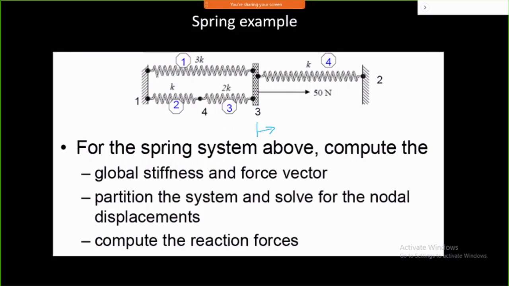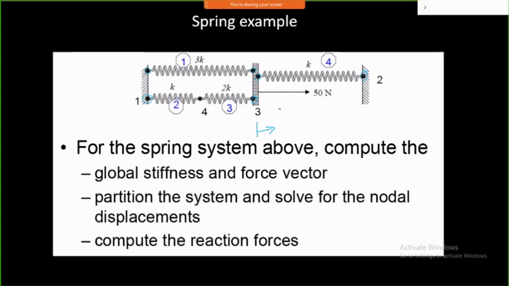Now I can convert this. This is my one stiffness matrix. This is one spring, this is my second spring, third spring, fourth spring. Now I will give node numbering for this. This is my node number 1. It is common to this also, node number 1. Here it is node number 3. It is common to all the 3 elements. And then node number 2 here.